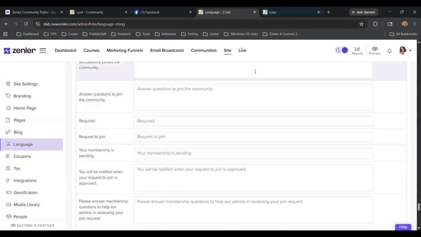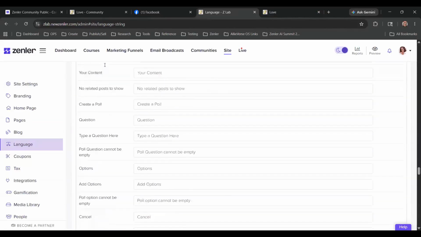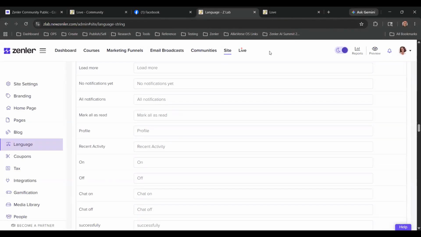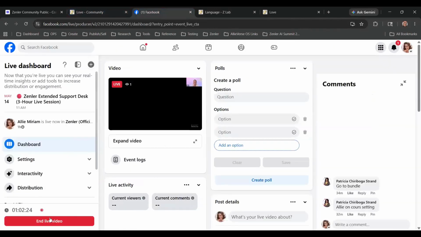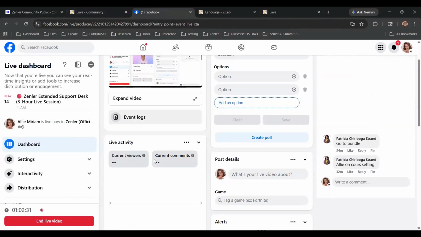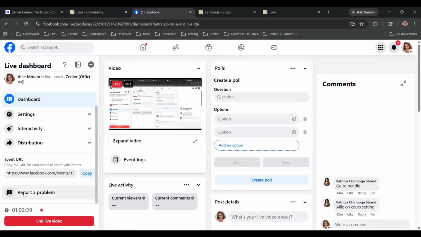Just think about how confusing it is for us when inside the system it says one thing one place and another thing another place. The one that annoys me the most is actually Facebook, right? So this is Facebook's page here. And what we have is over here, it says event URL. When we do the live stream, the place that it says event URL doesn't say event URL, it's called page URL. So it's called two different things.